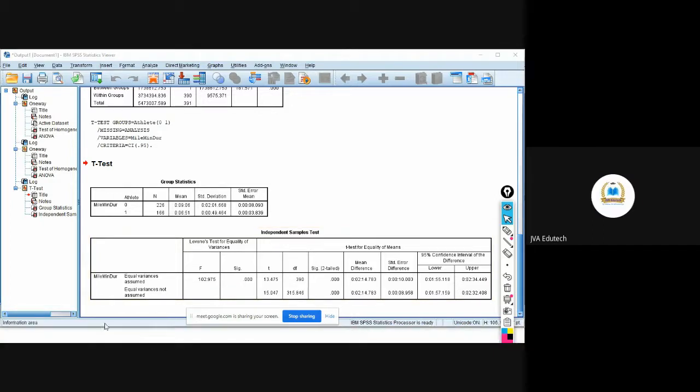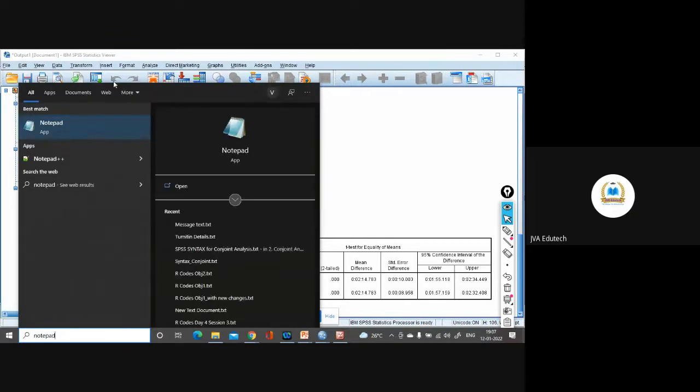So what we will do is, first you will report on the homogeneity of variance test. We found the F value, or you can simply write like this, p less than 0.05.